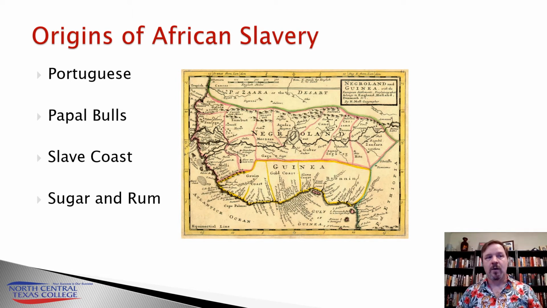This is going to lead to what is known as the Great Triangle of Trade. You're going to have sugar produced in the Caribbean that typically will find its way up to New England for the production of rum, which will make it back into Europe and that region in order to be used to purchase more slaves that would then be returned to the Caribbean.